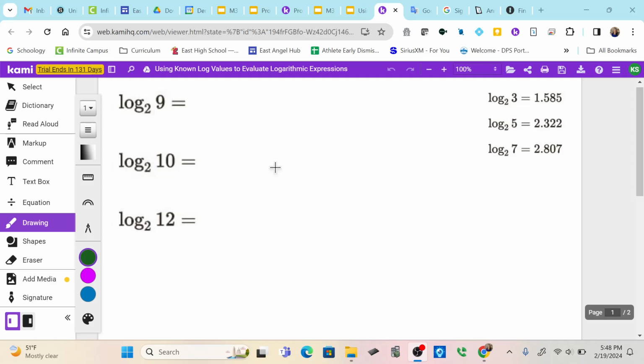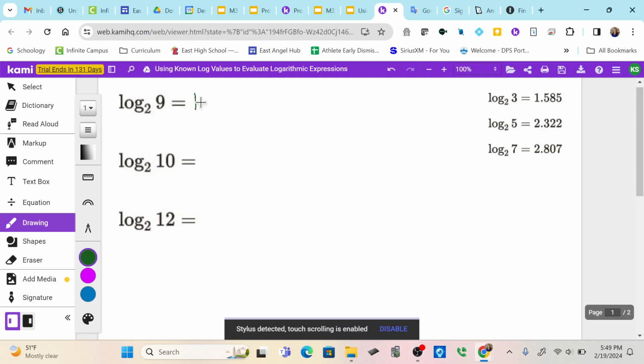Looking at these 3, I notice that my argument is never a power of 2. So I'm going to have to use these known values for log base 2 of 3, 5, and 7 to help me find the values of these 3 logarithms. Now 9, I know, is the same as 3 squared. So I can write this logarithm as log base 2